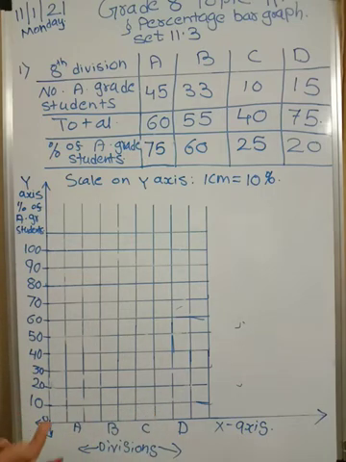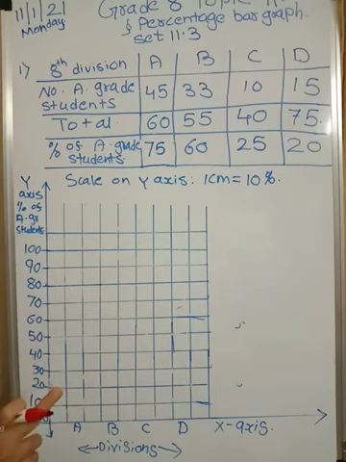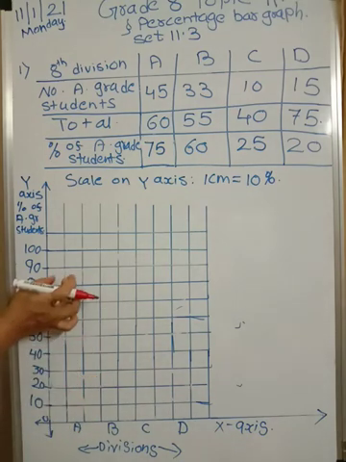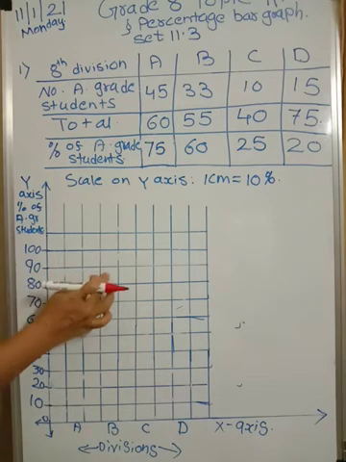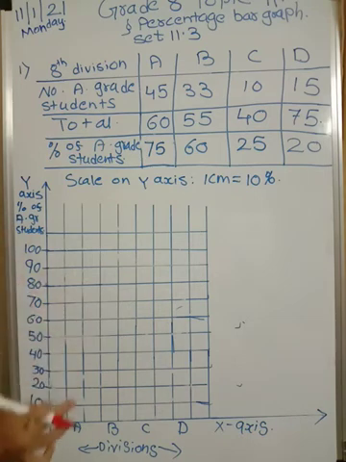Now it is your choice. You can leave two columns and mark one division. But if you are leaving two columns first, then every time between each division you have to leave two columns only. So there should be consistency. You can't leave two columns first, then A, and then leave only one column and write the other divisions. Don't do that. Spacing should be the same everywhere.